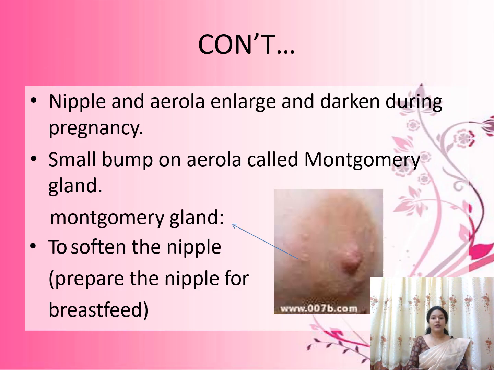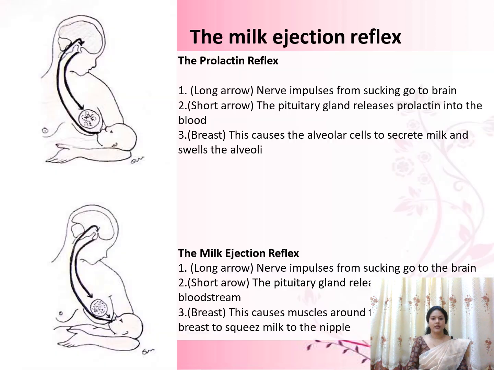If you are looking at the outside part of the breast, you know that during pregnancy, the primary areola and secondary areola will get formed, and the pigmentation around the nipple will become more, or the area will become darker, and the size of the nipple also will increase, and Montgomery tubercles, that is modified sebaceous glands, will develop. See in the picture, these projections over the areola are the Montgomery tubercles. These Montgomery tubercles will soften the nipples, and will prepare the nipple for breastfeeding.